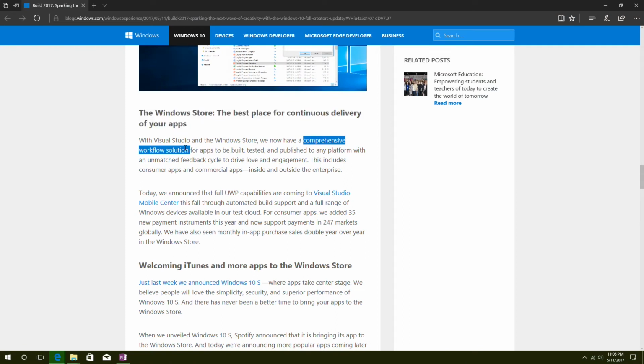But why that is going to be great for consumers is that as more apps go to the store, and I really hope that more and more apps go to the store, Microsoft, it looks like here from Build, is going to put more effort into it, and I'm very excited about that. Because as a developer, I want to see that their effort's there, so that when I'm developing an app or a program, they're going to make sure it's the best experience for the user to be able to go and get that app.